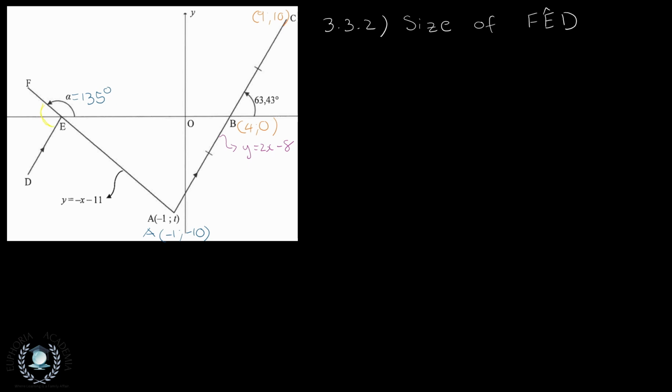That is angle FED. With any of these questions, it's always important to see exactly what we have, what numbers we have, and such things. That will help us. I can see that we already have alpha calculated,